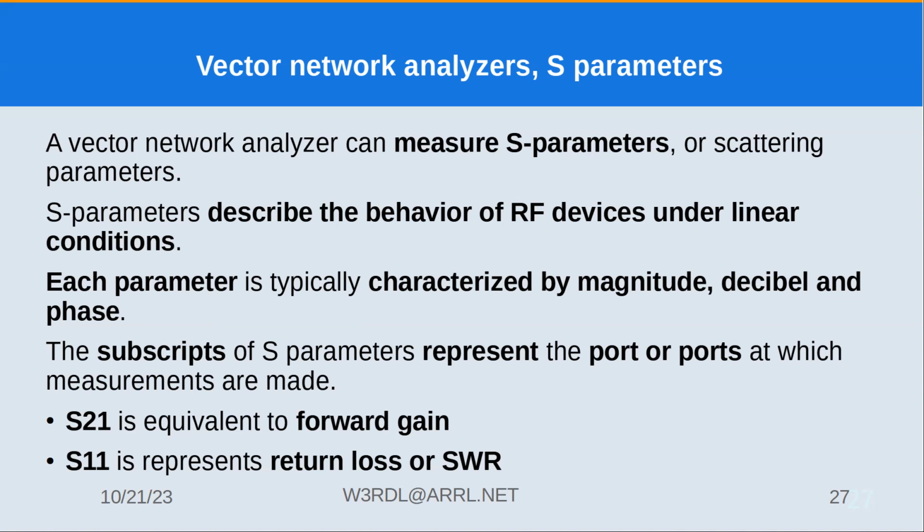So that difference is going to be what the gain is, which can be positive or negative. If you have an S11 parameter, that means that you're measuring what's coming out of port 1 compared to what's going in on port 1, which would be reflection. That's your SWR reading